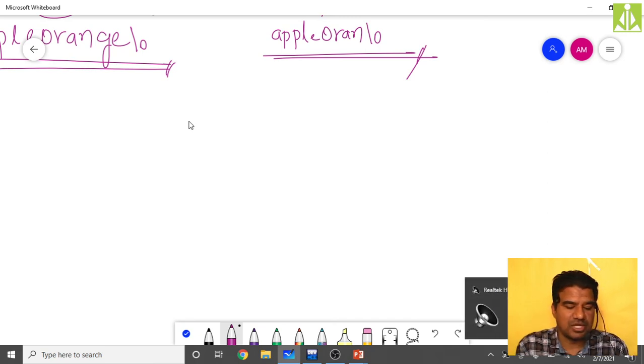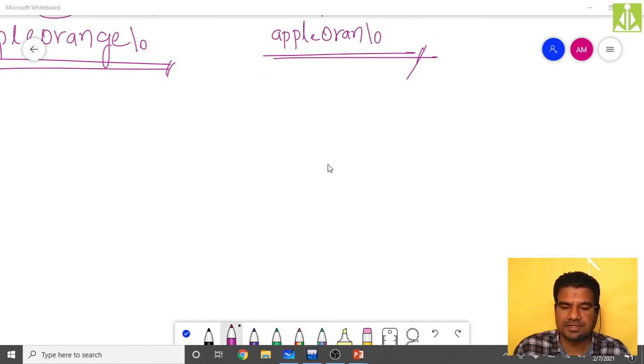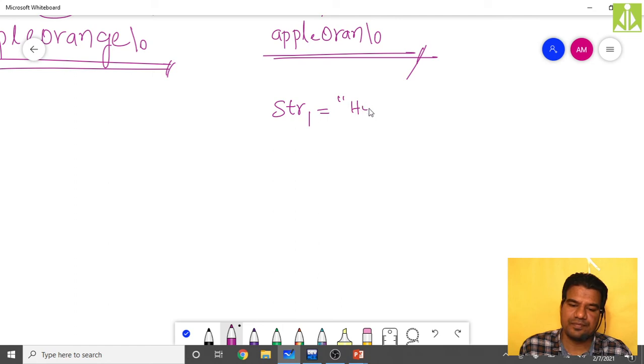So let us say I'm taking only one string, str1 equals to, like this. Then I'm applying my string reverse strrev on str1.